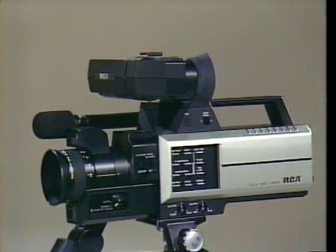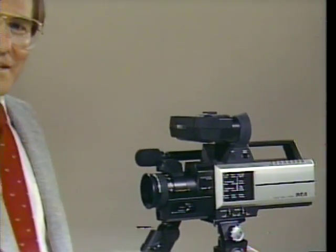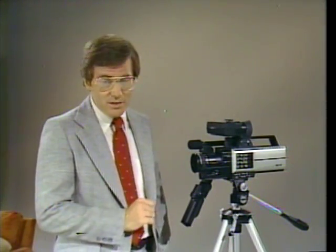Introducing the new CCO17 video camera. It's a beauty. This new camera is designed for those video buffs who want more in terms of features and capabilities. In a nutshell, the CCO17 is designed to be one of the most flexible consumer video cameras ever offered by RCA. The 017 camera has all the quality features of the CCO16 identified in the first video and workbook segment,